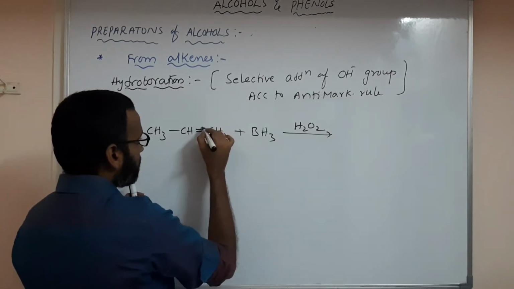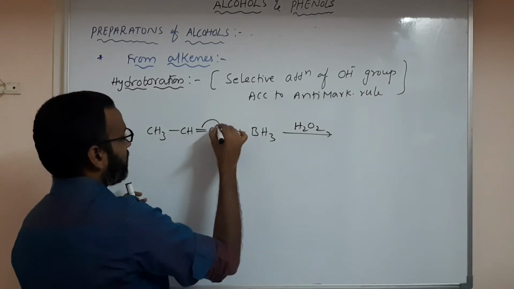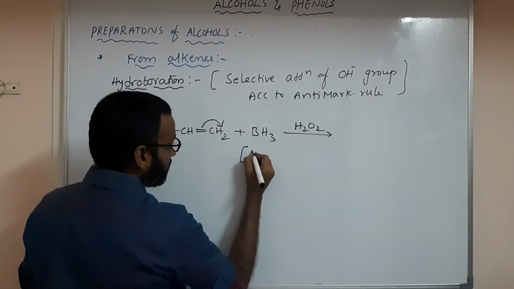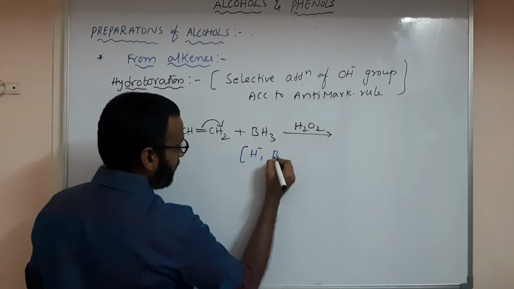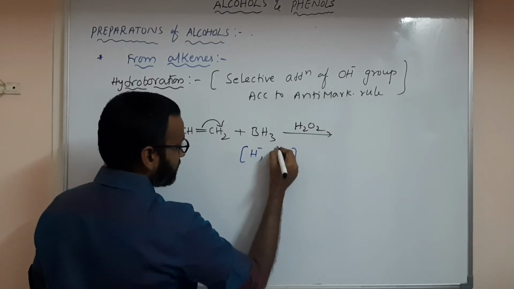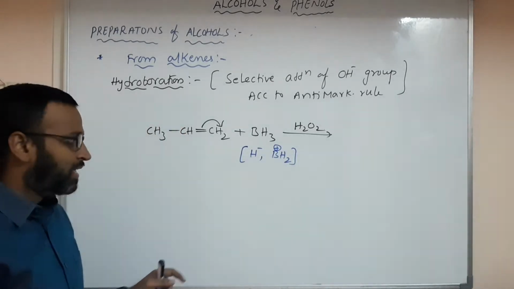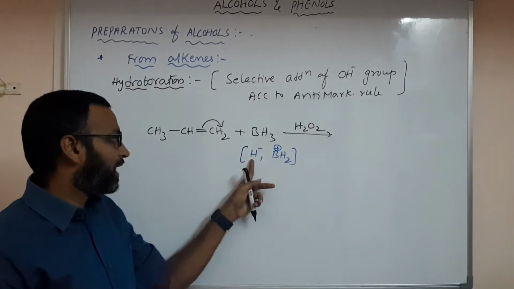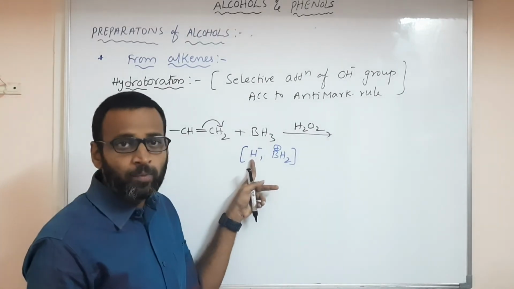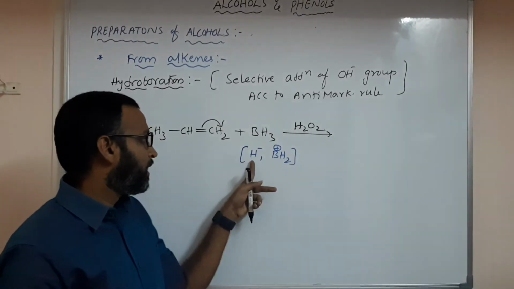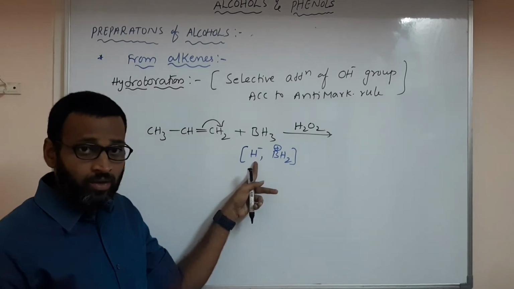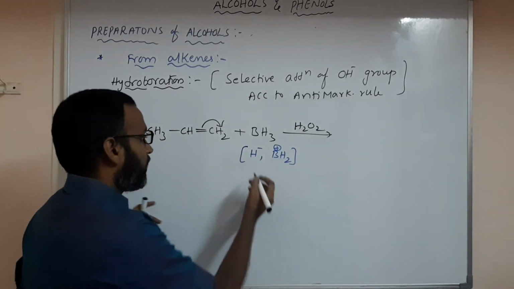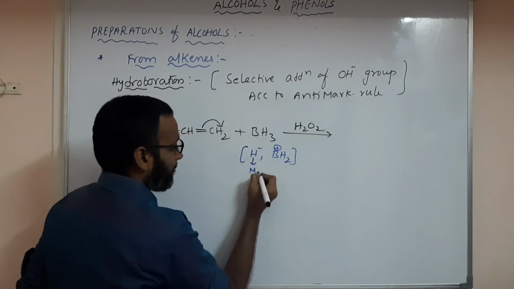See, here this will migrate like this, so here it is H minus and BH2 plus. This you must know. Sir, why, hydrogen and boron are non-metals, so it should be negative? But the electronegativity of hydrogen is 2.1 and boron is 1.9, or 2 almost. So hydrogen is more electronegative.